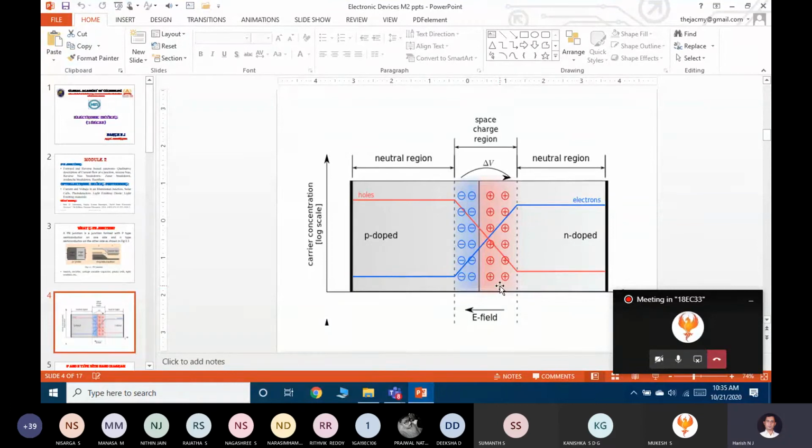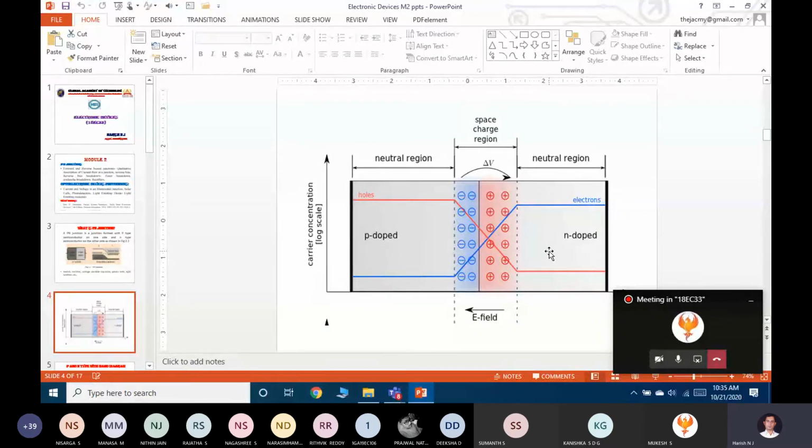I am going to calculate the cut-in voltage or barrier voltage of the silicon with respect to electric field into distance. Electric field into distance. When I do this, I get the voltage or potential established across the depletion region. This phenomenon happens under the unbiased condition of a PN junction diode.